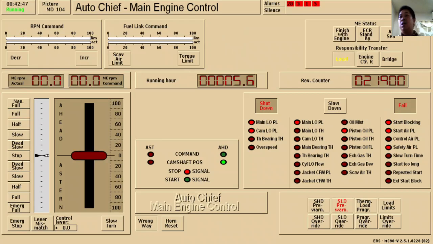so I will show you here. When you give a crash maneuvering or crash astern, you have to reduce speed first. For example, if the MCR RPM is about 160 RPM, you have to reduce that to 40%. So I will calculate here. For example, 160 RPM, you have to reduce to 40%.